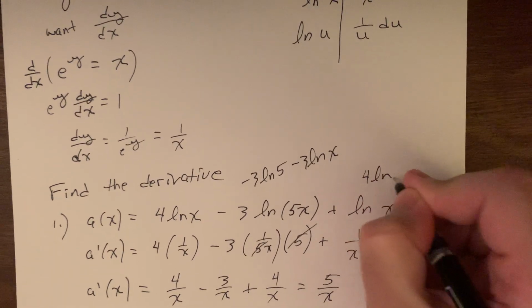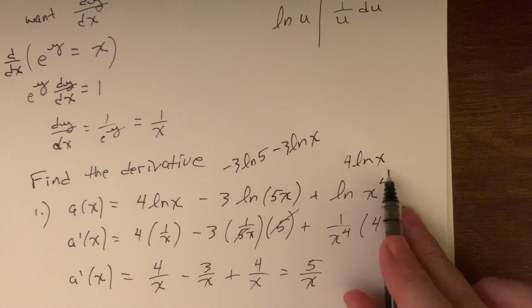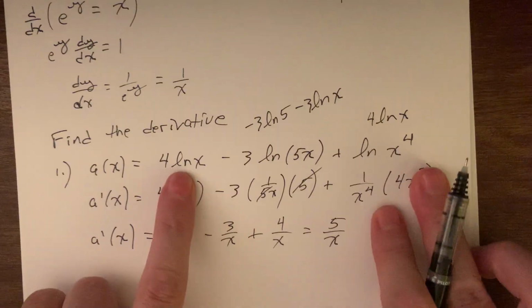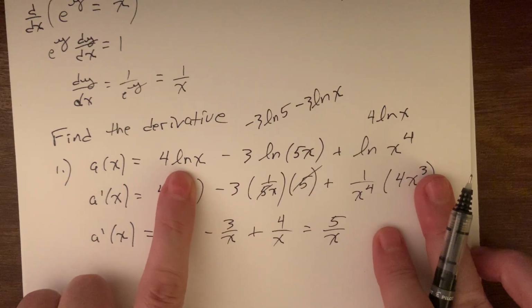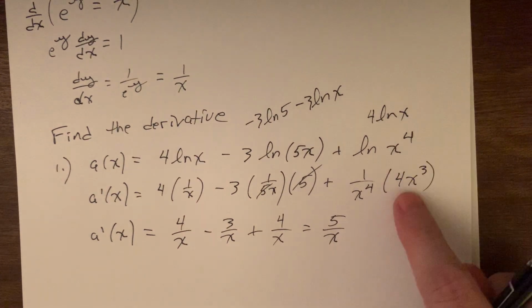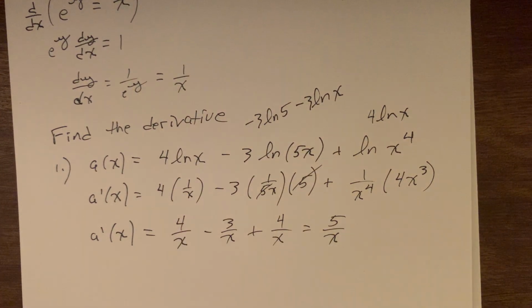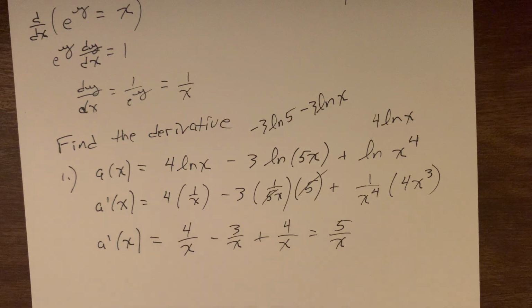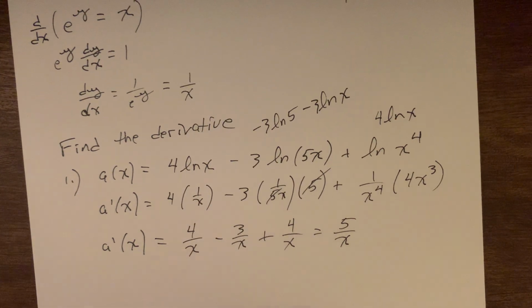That could become 4 times log x. And look, that's actually exactly what we had here right off the bat. So that could have been manipulated, and not like this was hard, but that would be a little bit easier. But notice, again, this first problem, nothing was that complicated, so there was nothing wrong with just jumping in. But now as we move to problem number 2,